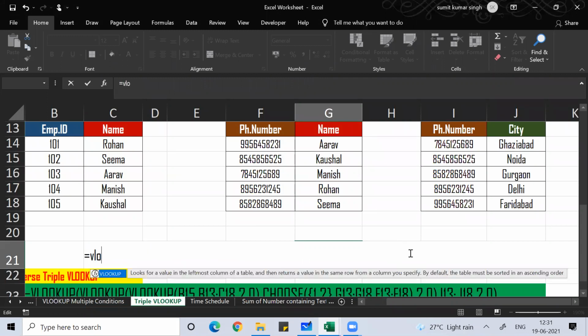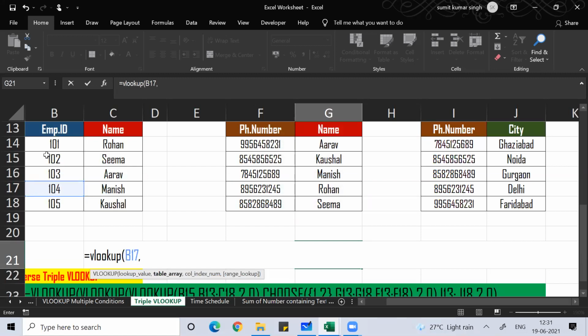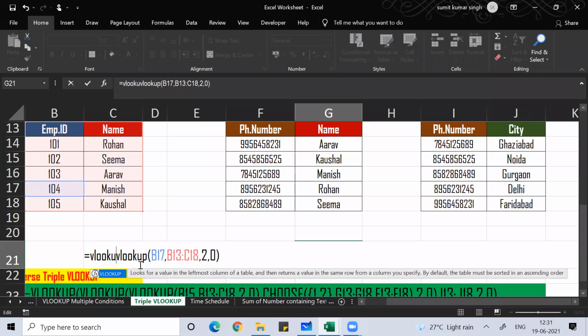So I use VLOOKUP, okay. Then employee ID, suppose employee ID Manish 104, comma, select that data, comma 2, comma 0. So I got Manish. Once I get Manish, then VLOOKUP.